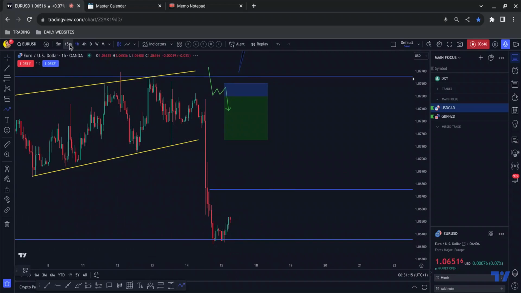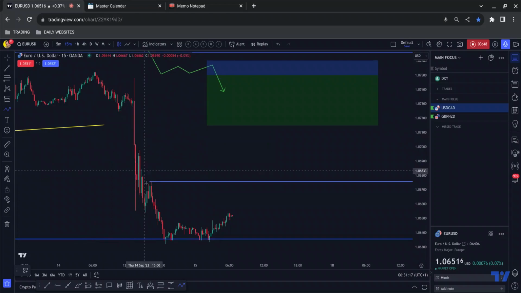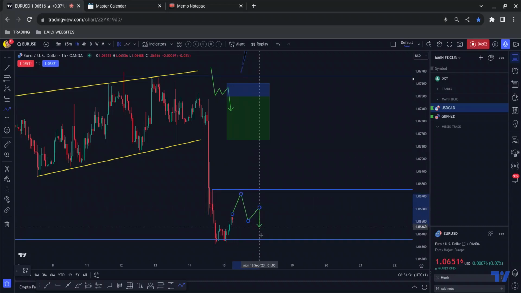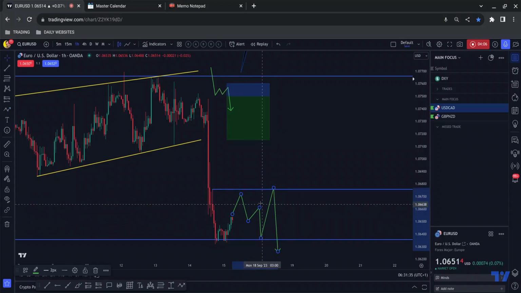And if we just drill down to the 15-minute chart, I'm not so concerned about this one, but certainly this one, it would make sense, which is why I've got the ray line there, for price to do something more in the region of, let's say that, before it pushes to the downside. And if you look at the time at the bottom of the screen, that would be more of a Monday morning kind of position, okay?